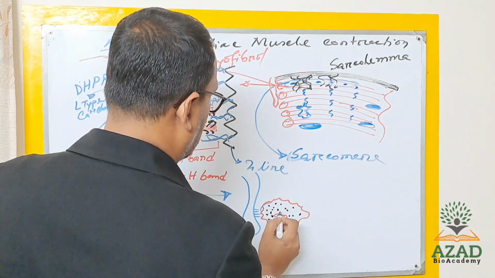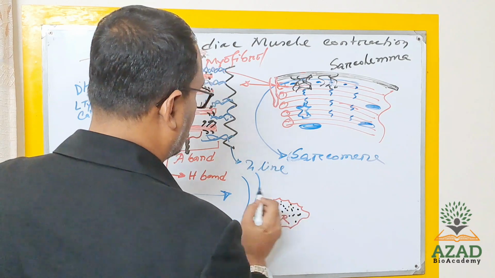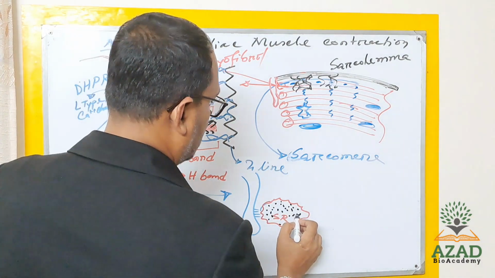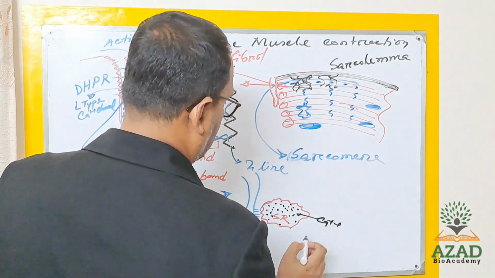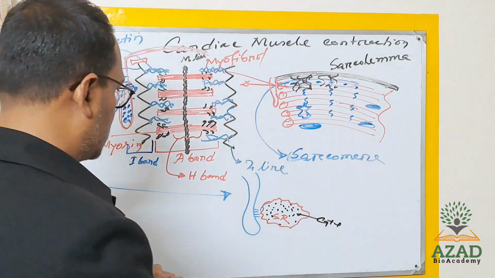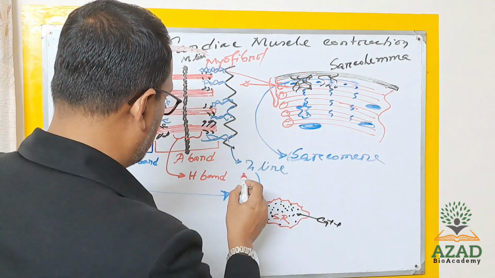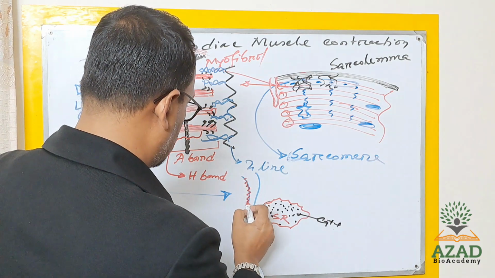So you can say the sarcoplasmic reticulum is the storekeeper of calcium. So what will happen when the action potential reaches the terminal of the